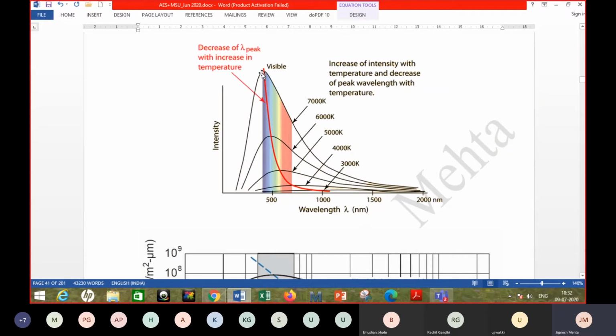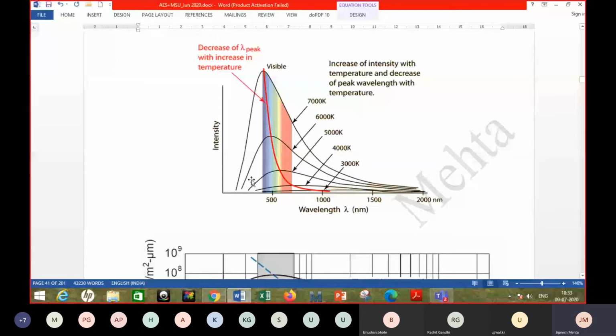So 380 nanometer is the violet color, right? And this right side, 0.78, 780 nanometer, is the red color. What is there on the left hand side? So this 6000 Kelvin, or 5800 Kelvin, is the curve that you would get for the radiation from the sun. So what you see is that the left hand side of the visible spectrum doesn't cover much area.